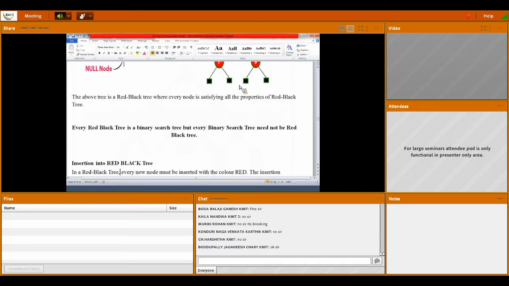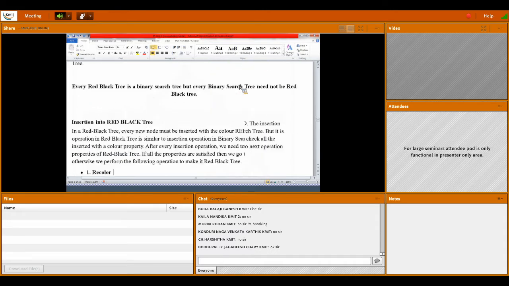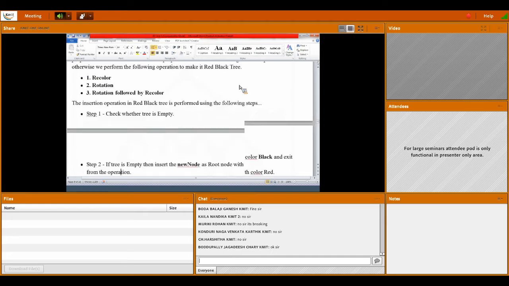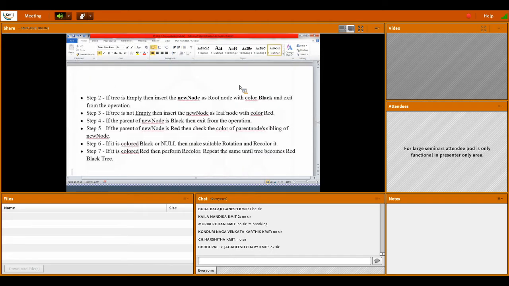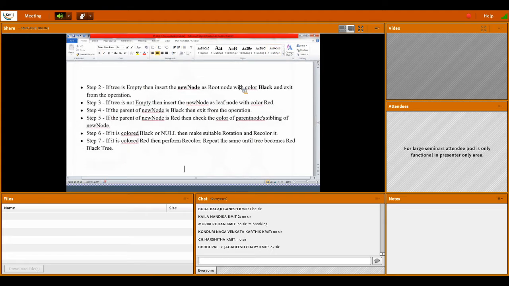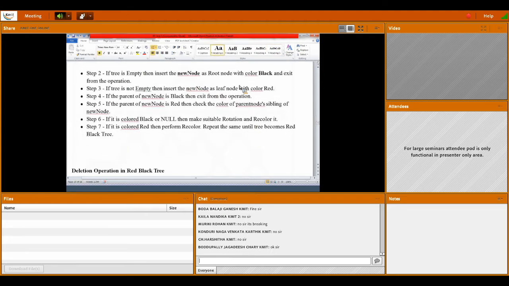In case it is not satisfying, that means if the parent of the new node is red, then check the color of the parent's sibling of the new node. We will see that also. If it is colored black or null, then make a suitable rotation and recoloring.